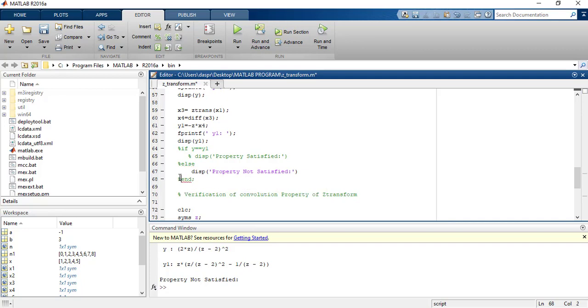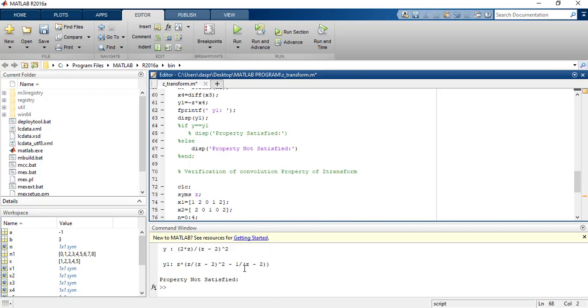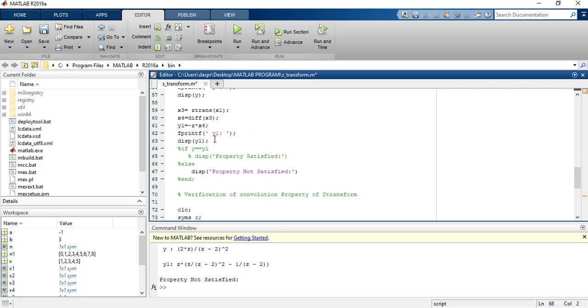If you check the result by calculating, you see that both results are the same. So do the program up to this, show the result, and make a comment in your copy that this result and this result are both the same, and write that the property is satisfied.